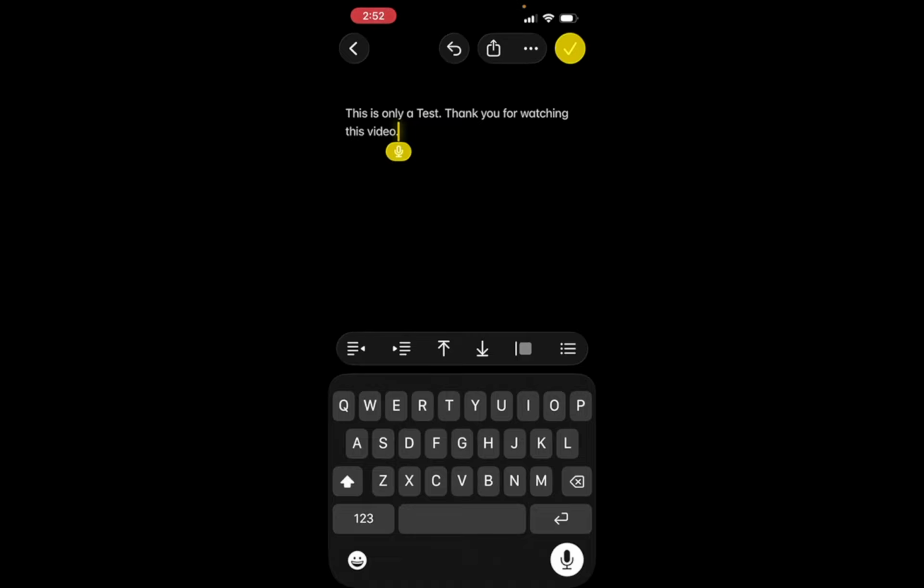When you're finished, tap the microphone button again. This action signals the end of your dictation session. It is crucial to confirm that you have completed your thoughts before tapping the button. Doing this ensures that the device stops listening and saves the text you have dictated. You should see your words neatly organized in the note, reflecting what you have just spoken. This reassurance means your work is safely recorded.